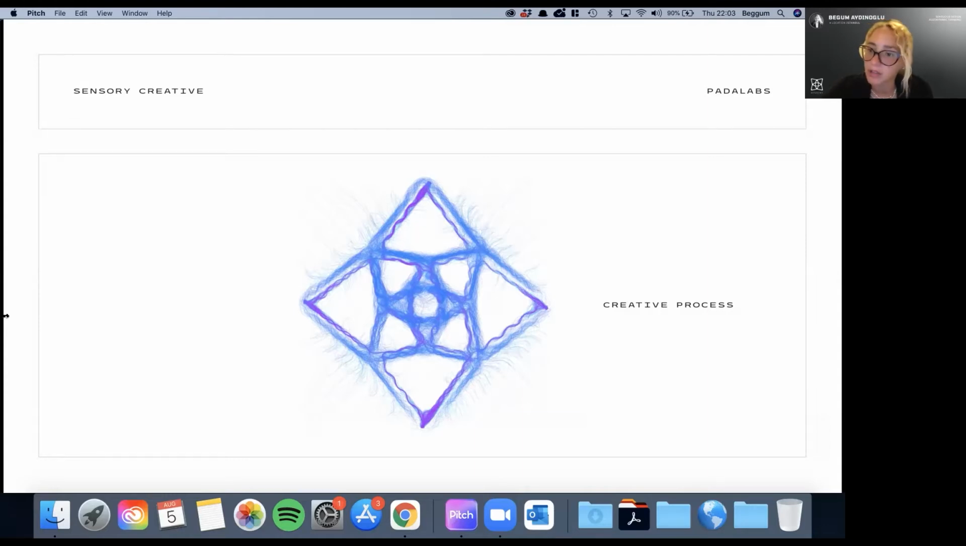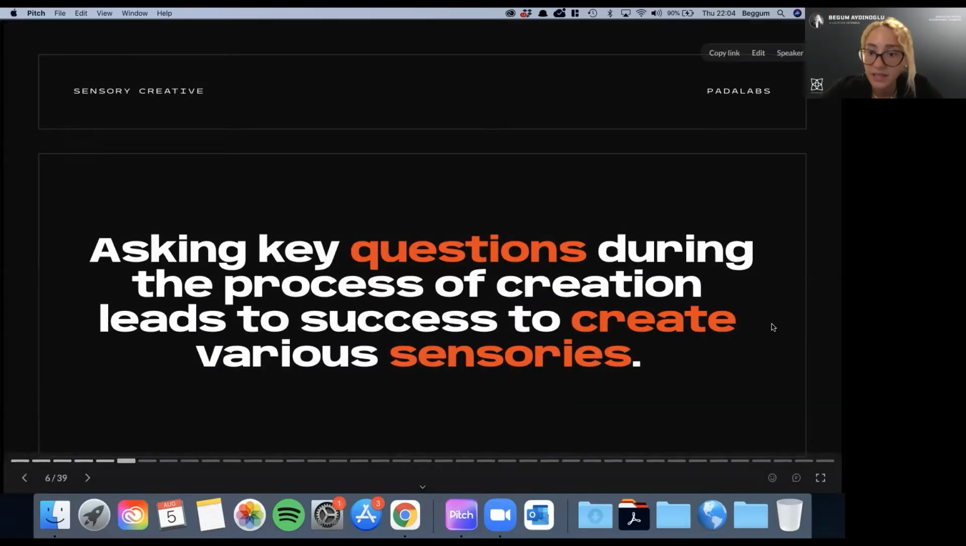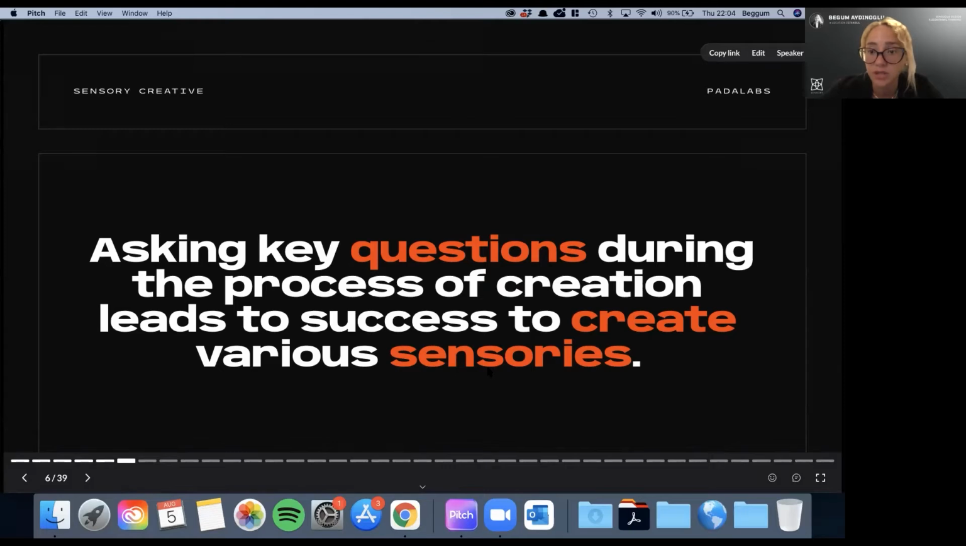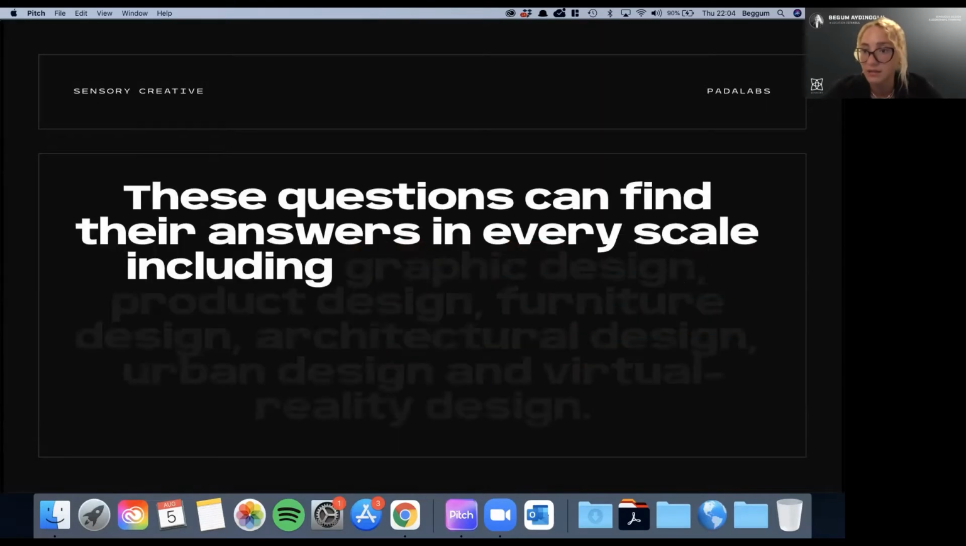So I will speak about an abstraction of a creative process in our daily routine, in our architecture and design studio, Sensory. The creative process starts with asking key questions during the process of creation that leads to success to create various sensories. So we are aiming to create sensories by asking key questions, and that is leading to the